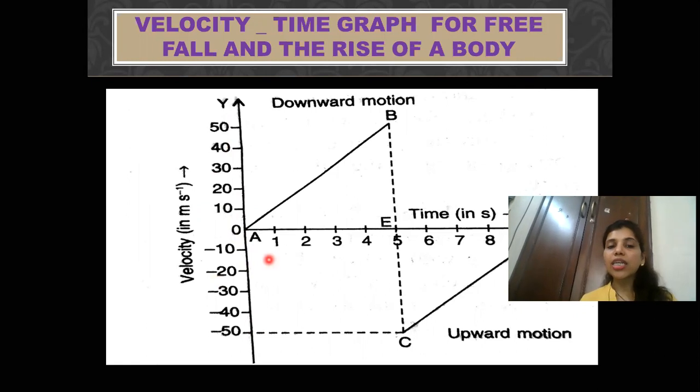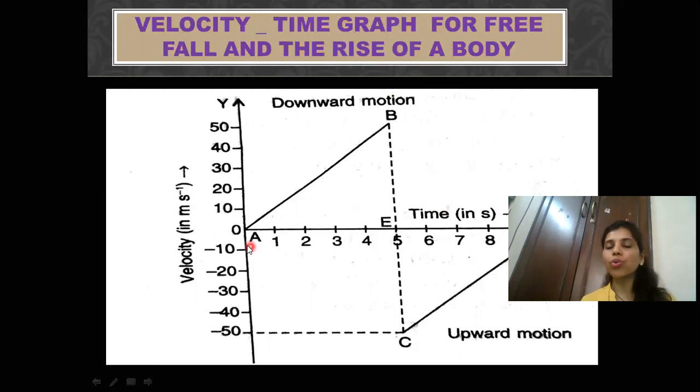That means the direction is changing. Now in this case, it's very important for you to understand, because initially we have seen displacement versus time, and after reaching 60 meters the body was coming in the opposite direction, but this is velocity versus time. So when you're drawing velocity versus time and you're considering the negative coordinate, that means the body is traveling upward, and then when it reaches a certain point, it is coming in the downward direction. So here you can see that I have written downward motion and upward motion.